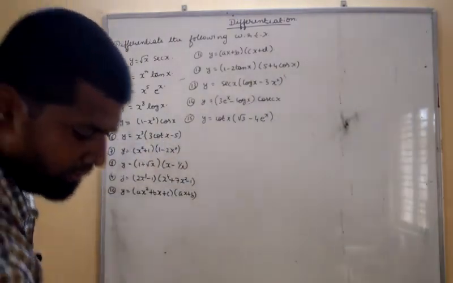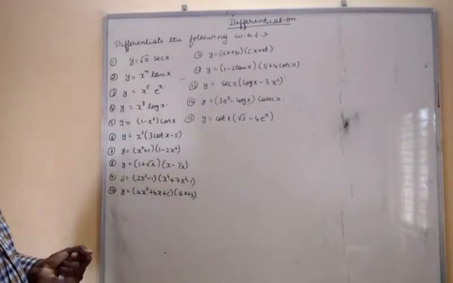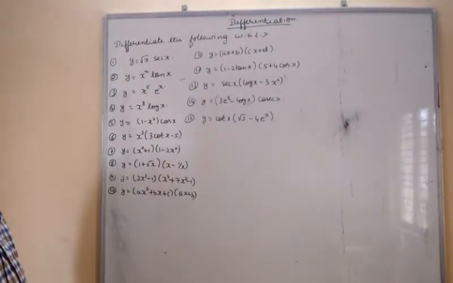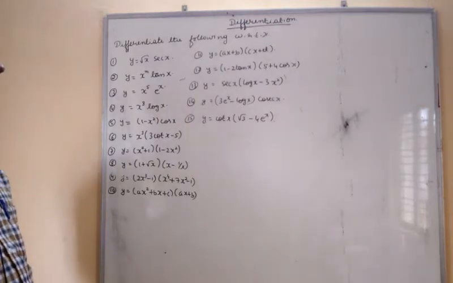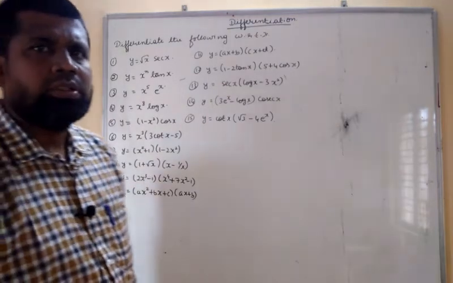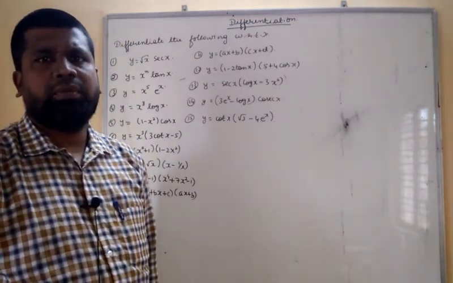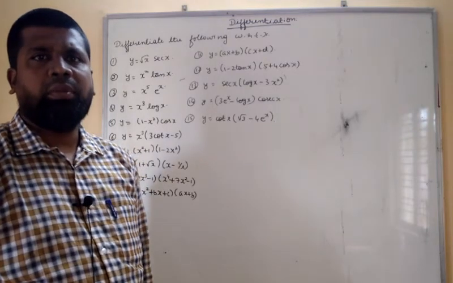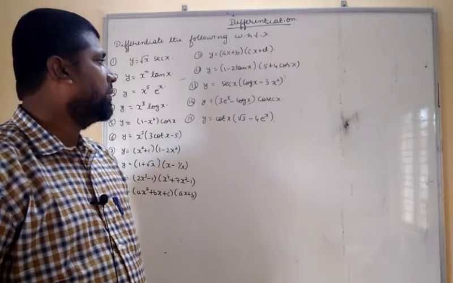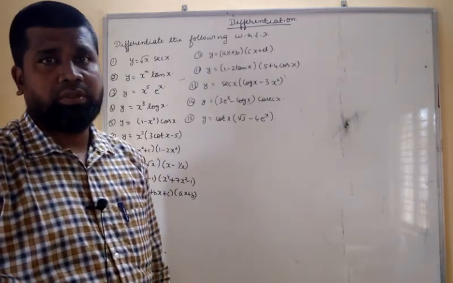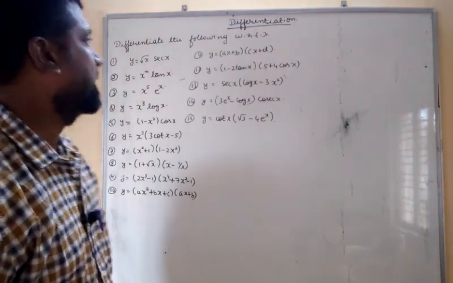Okay, these are the 15 problems on the product rule. So you have to solve these problems. These are 15 problems. For practice on the product rule, you have to practice because I am giving the problems so that you should remember the formulas. If you solve these problems you can easily remember the formulas. So let us continue with the next rule in the next class, that is the quotient rule.